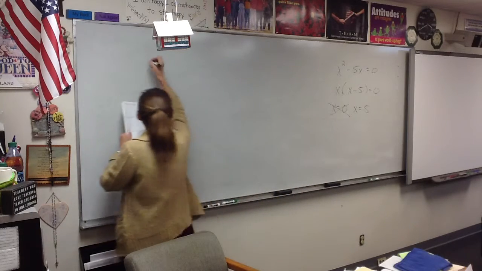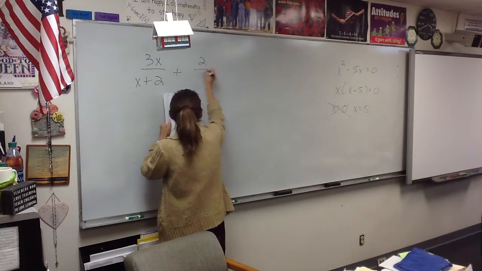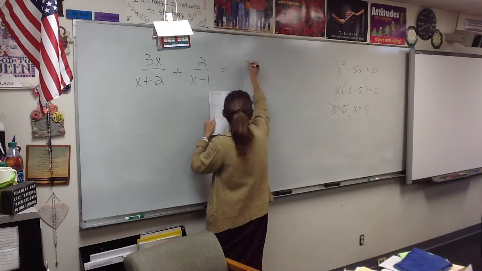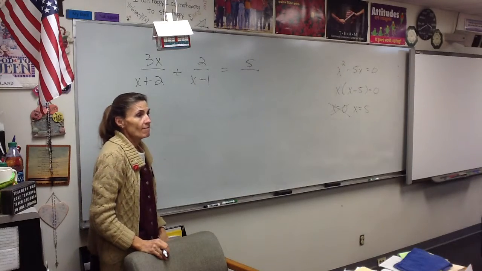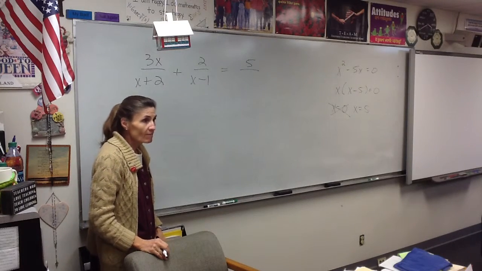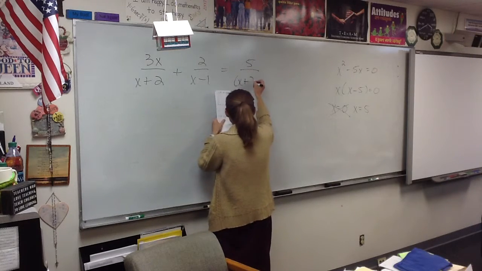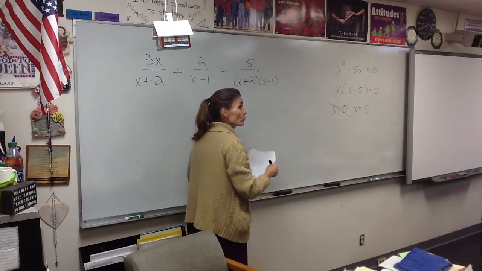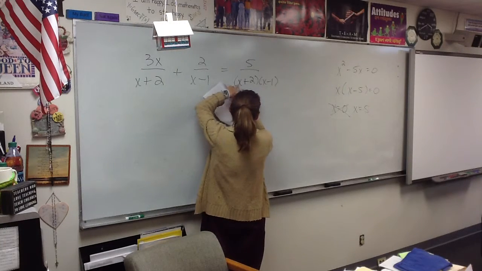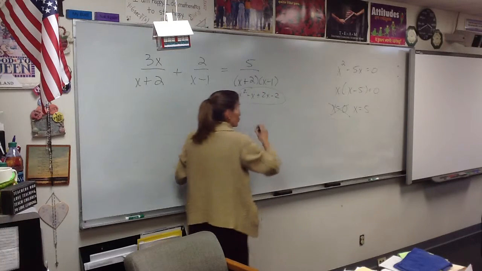All right, here we go. One more example, and then we'll look at homework questions. Here we go. Now, what did I tell you should do to get started? Factor any denominator that factors. So this last one factors. I'm going to go ahead and do it. X plus 2, x minus 1. I'm going to do a real quick little FOIL here. X squared minus x plus 2x minus 2